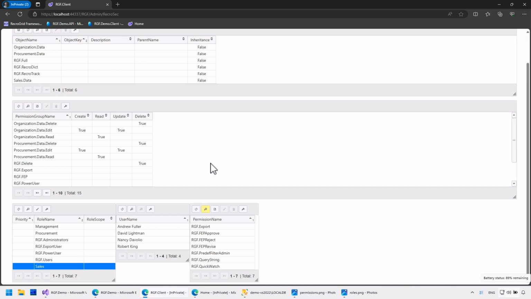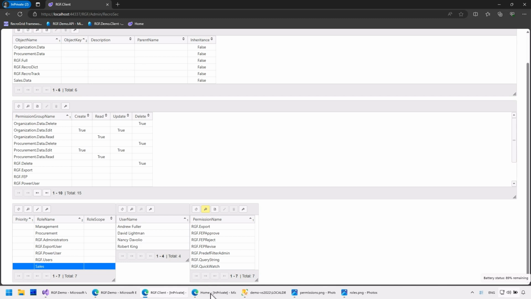There's one more important thing. Currently, I'm using the built-in identity module in RGF. This is not mandatory. Users and roles can be in another system, such as Active Directory or some custom external solution. That's why the roles and users list at the bottom left is just a view, which now references RGF identity in the database.